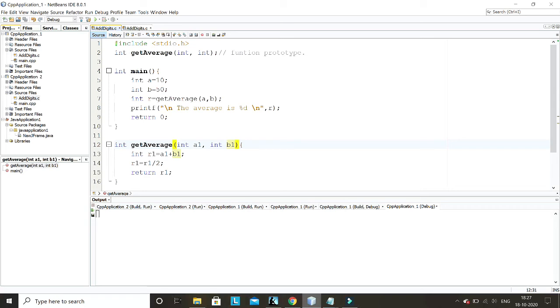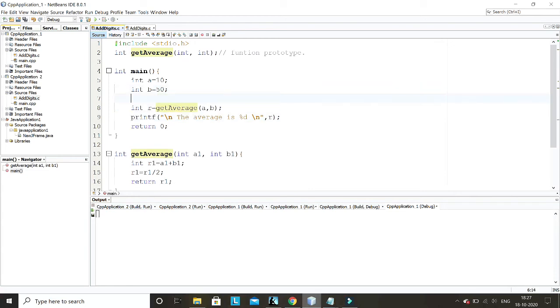Again, I'm explaining it to you very quickly because from my experience I know that initially beginners face some problem understanding how the function is returning and where it is returning. The moment you call this function like this, from here it will jump to this function, and whatever value this function is returning, just assume that value will replace this. So here this function is returning 30, so 30 will replace this. You can assume like this, that integer r equal to 30. So after this line, when control comes here, the value of r is now 30.